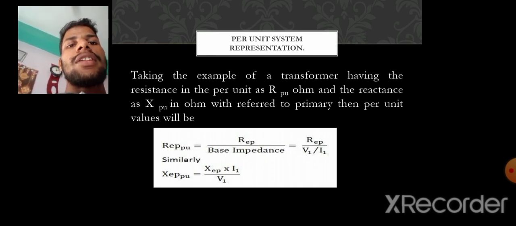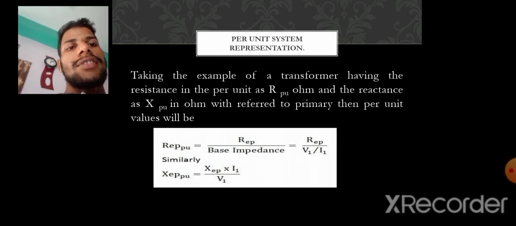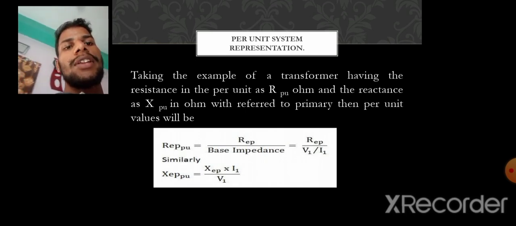And similarly per unit reactance is equal to equivalent reactance into primary current by primary voltage,